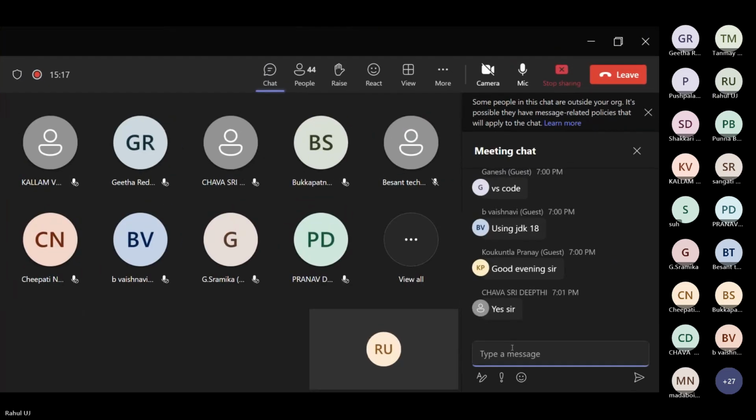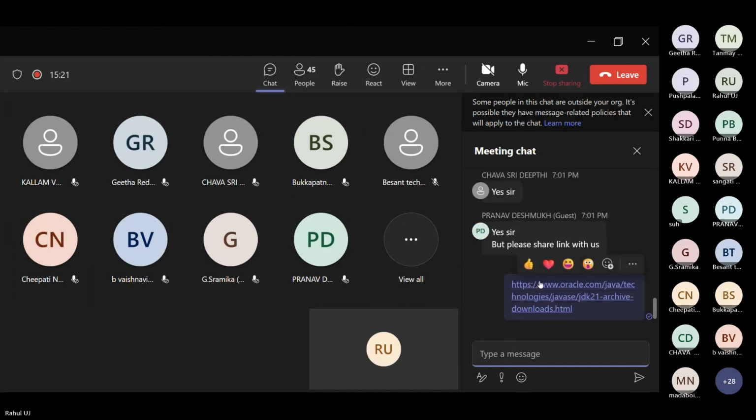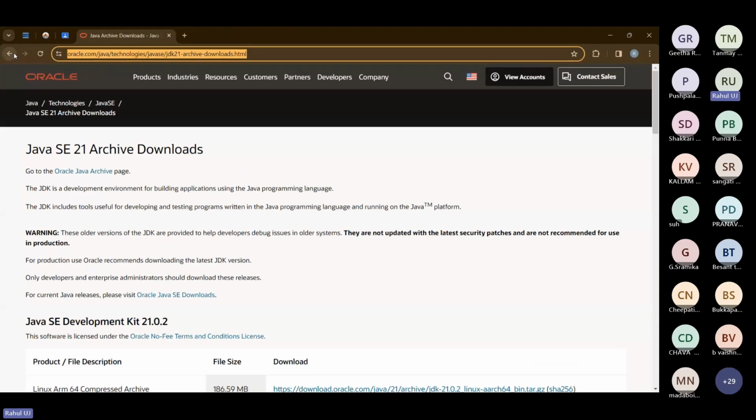I'll pin the JDK download link here. Please use the latest JDK.